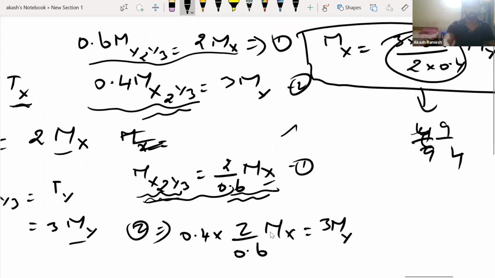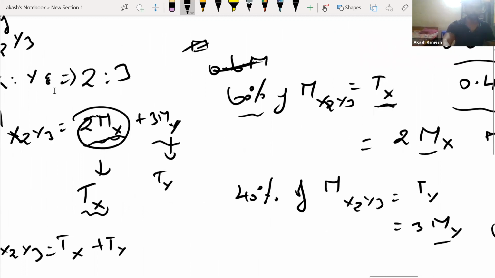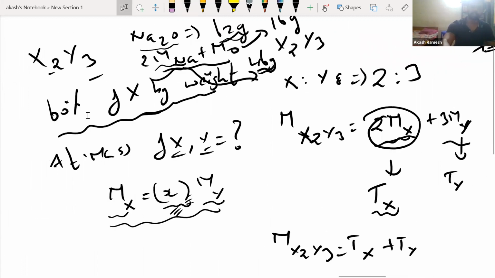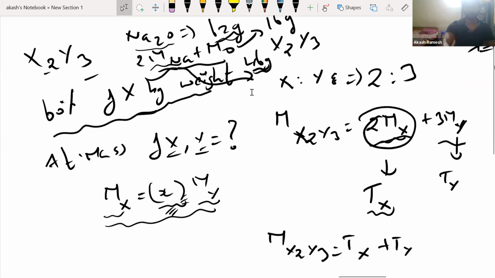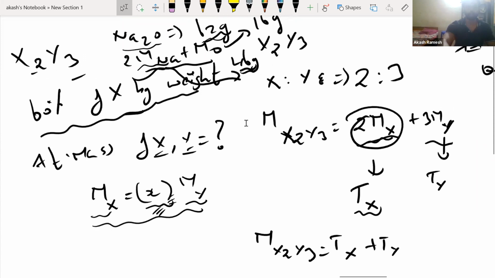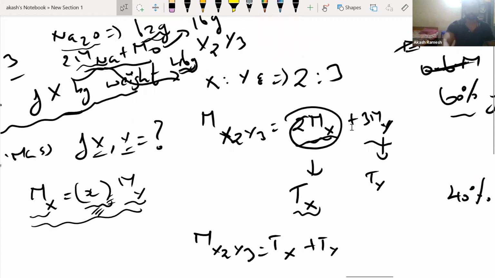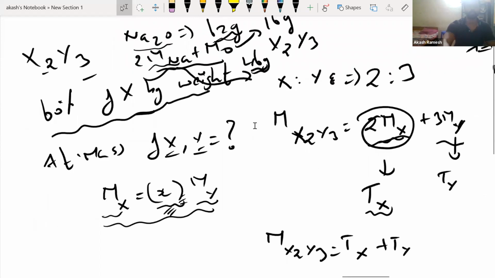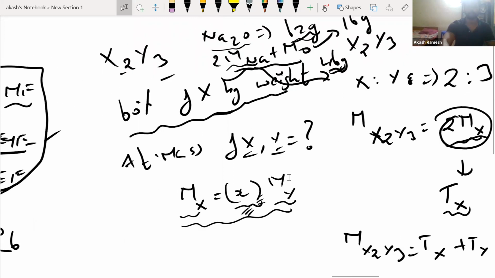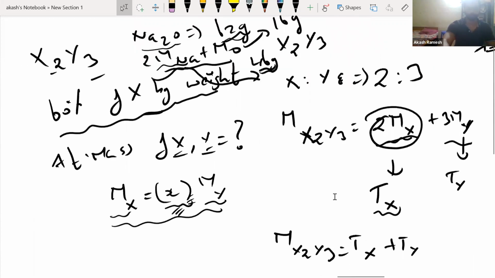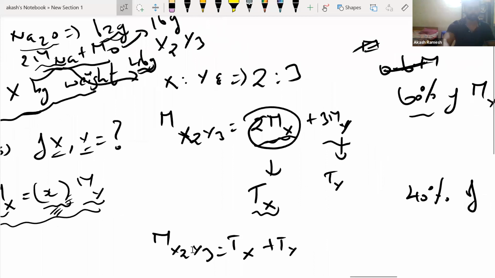Okay, guys, I did nothing. I did this from just this one data. What is the data? First, you know the formula. Second, you understand I have 60% of weight, total weight is X. Now what we did, we just wrote the molecular mass. Molecular mass of X2Y3 would be 2 into atomic mass of X plus 3 into atomic mass of Y. That is very simple, how you can generally calculate the molecular mass. Now this 2 into Mx, that is atomic mass of X, is total mass of X. Again, this would be total mass of Y. Total molecular mass would be total mass of X plus total mass of Y.